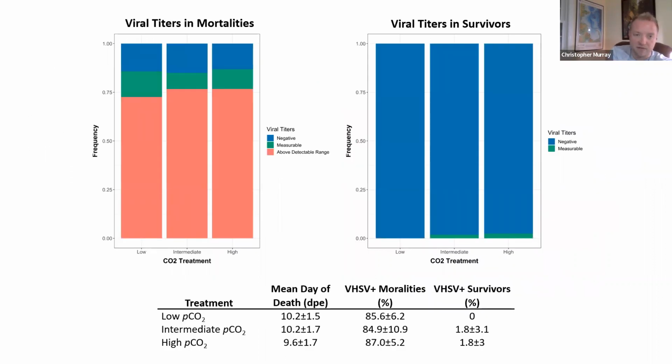We also looked at the prevalence of the virus in tissues of both fish that died during the course of the experiment and those that survived to the end. In essence, there was no significant difference between the amount of disease that we were finding across CO2 treatments and that of the survivors. So any fish that survived to the end of the treatment basically had no detectable amounts of the virus in their tissues. So while there was some initial evidence to suggest that high CO2 fish were maybe more sensitive to that initial burst of disease activity, at the end of the day, it doesn't appear like CO2 plays a significant role in viral resistance of Pacific herring.